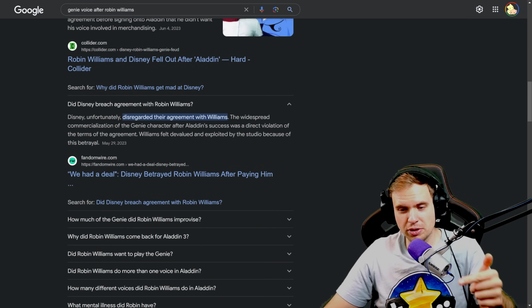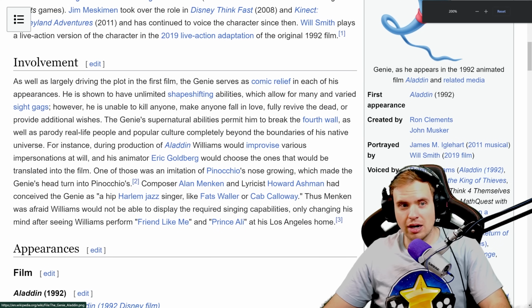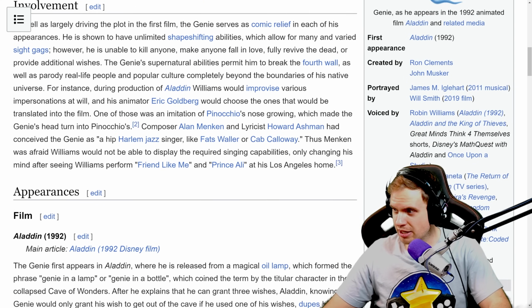And then Robin Williams came back for Aladdin 3. Okay, this is crazy. So he was in half of the Aladdin movies. Okay, so he was voiced by Robin Williams in Aladdin and Aladdin and the King of Thieves. Wow, there's a lot of Aladdin movies. There was also Dan Castellaneta